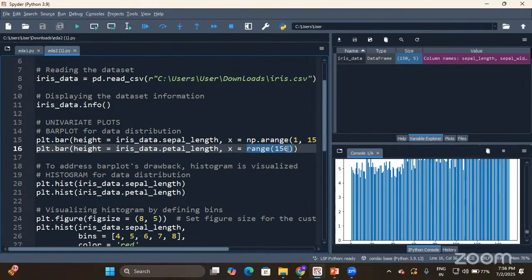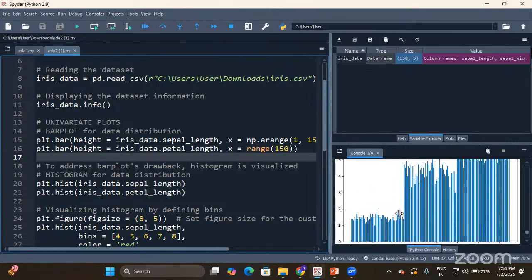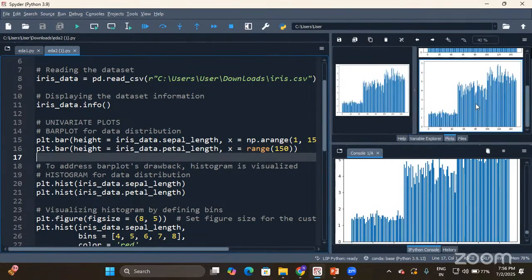So range of 150 will start generating the values from 0 till 149. So 0 till 149 will be 150 values again. When I execute this, this will also return a bar plot, which cannot be interpreted. See, I cannot interpret the plots.